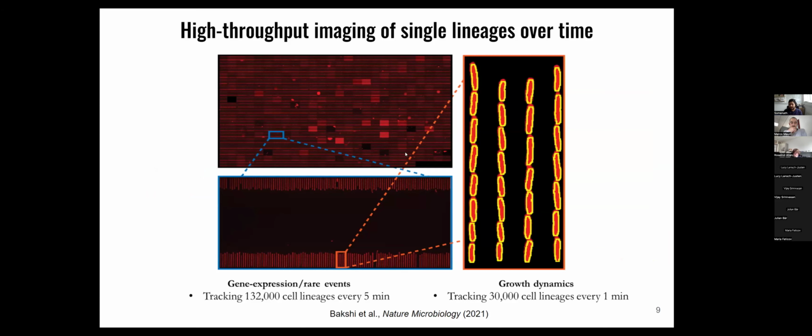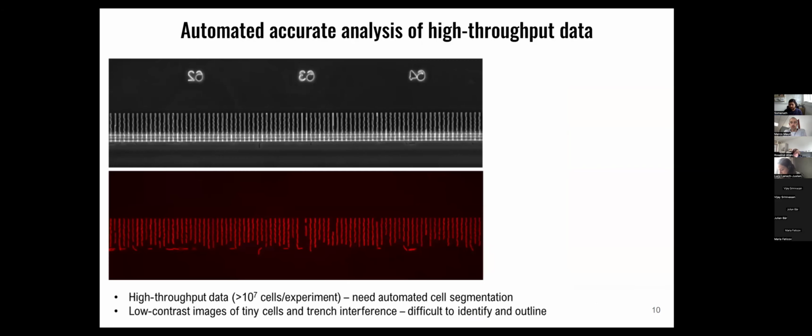So this is the montage of the entire microfluidic device. And here's a tiny crop showing 230 individual lineages, and another tiny crop showing 4 lineages, each with 10 cells per lineage. And so you get a really large amount of single cell tracking data, which enables identifying rare events such as plasmid loss or persister cells or horizontal gene transfer. So we have a really good throughput, but also we can now study things at the level of dynamics.